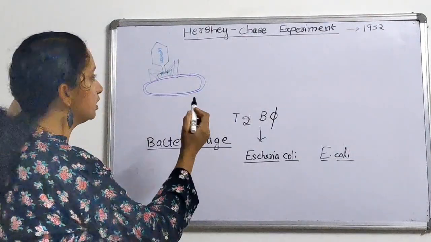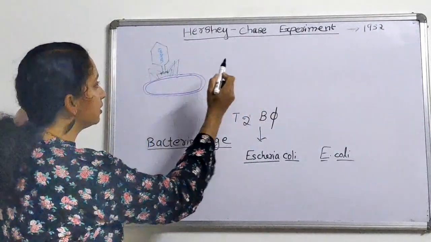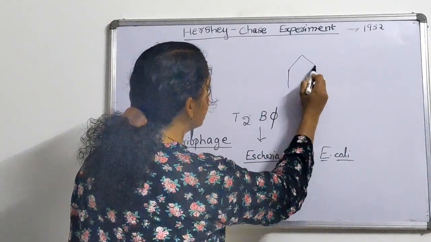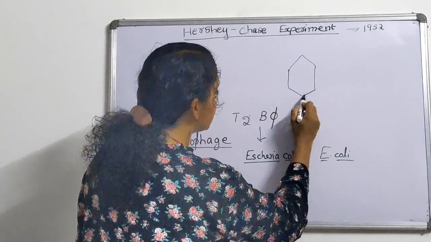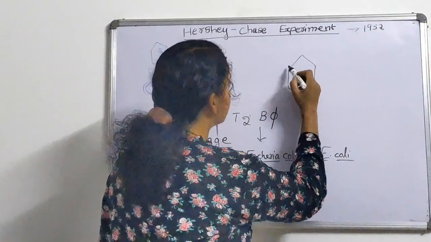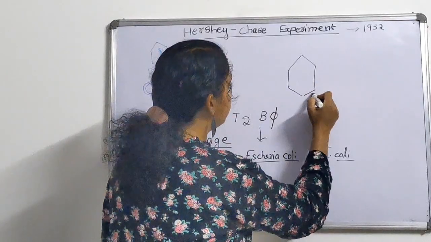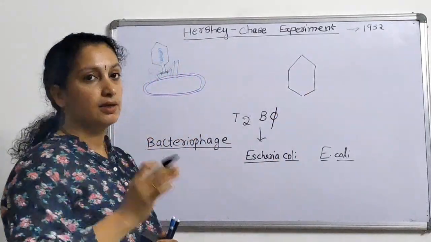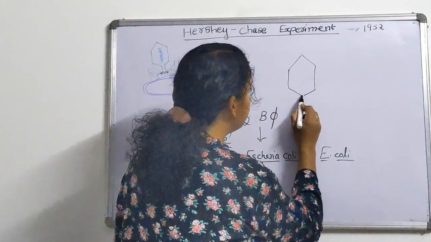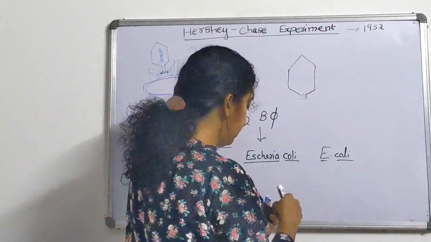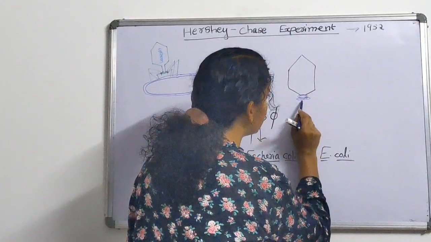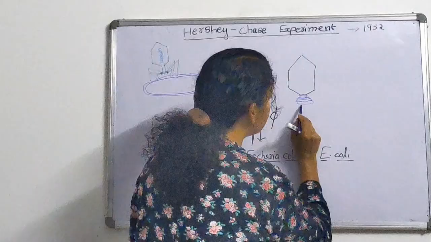So if you take the structure of a bacteriophage, here the structure is given. This is a hexagonal structure. Hexagonal means 6. Here you can see 1, 2, 3, 4, 5, 6. So 6 parts are combined together to form the hexagonal structure, and there will be a collar-like structure, the collar, and it is carried out with